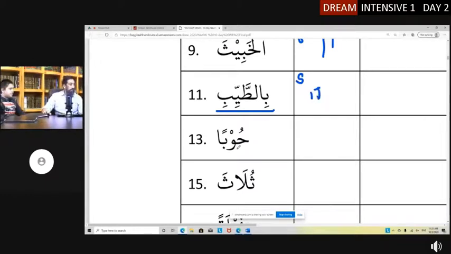Number 13. Huban. You guys tell me Huban. Throw the answer online. Put the number. Huban. It's a sound. You're right. So it's 1 Nusseb. You put the number of the question so I know what you're talking about. I'm not on number 11 anymore. I'm on number 13. Yeah, this would be 1 Nusseb.